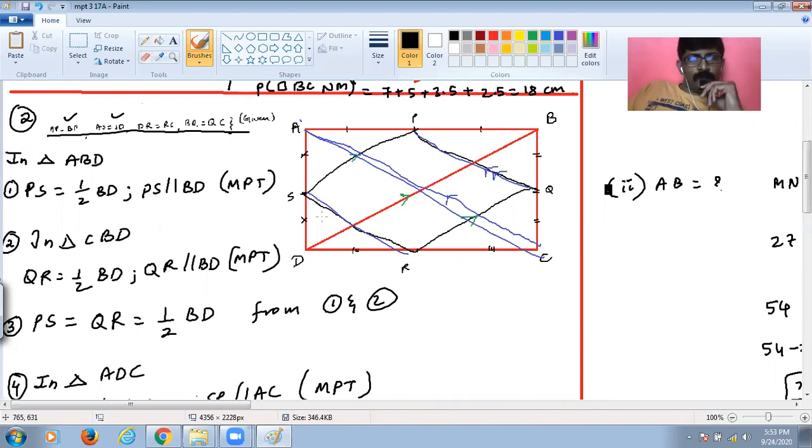हमको prove करना है PQRS is a rhombus. Now student, understand, whenever we have to prove any quadrilateral is a rhombus, that means we have to prove 4 things. That all the 4 sides are equal. That's it. If you could prove all the 4 sides of the quadrilateral are equal, then that's a rhombus. You understood, guys? So how should I prove the sides like PQ, QR, RS and SP are equal?